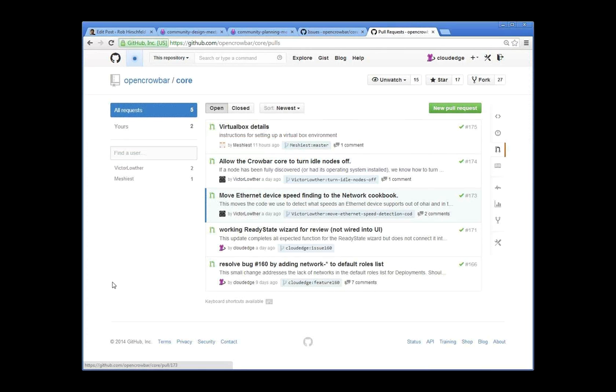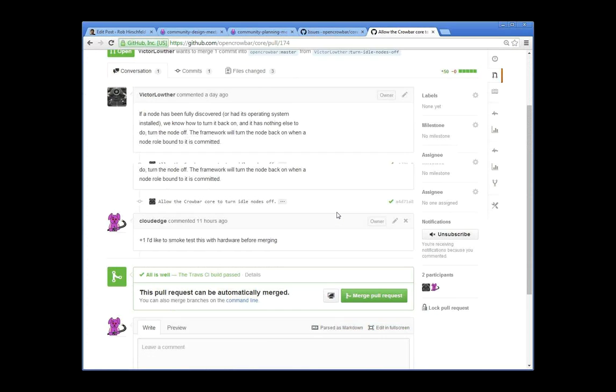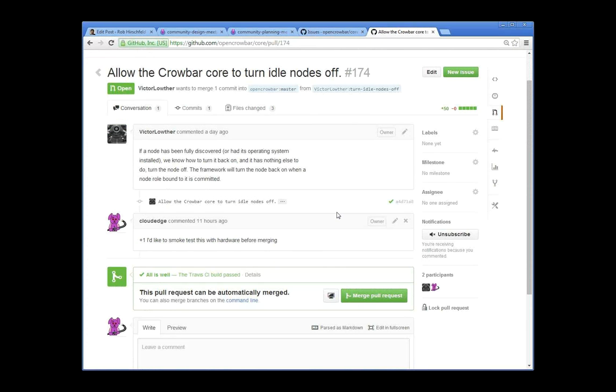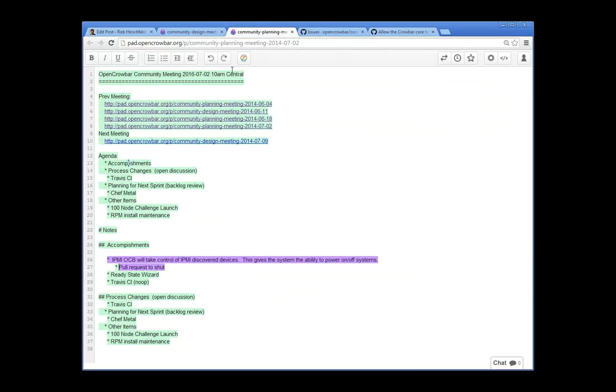So one of the polls that I have outstanding is to allow the Crowbar core to turn nodes off when they're not doing anything interesting. Like if you just discover a whole swarm of nodes and Crowbar detects that there's nothing else to do with them at the time, it will turn them off if it detects that it has a method of turning them back on. Ditto for OS installation. If the node has the ability to be turned on remotely, if we install the OS and there's nothing else to do, once the OS is up and running and we boot it into it and everything's gone green, it'll just turn that node off